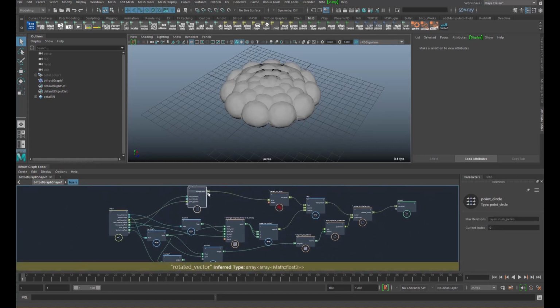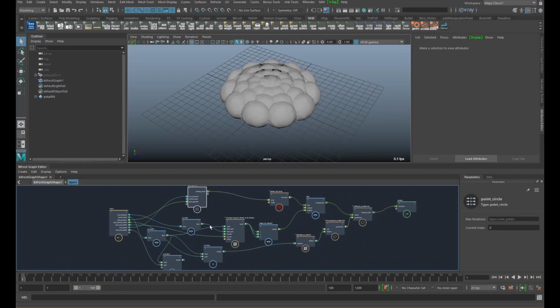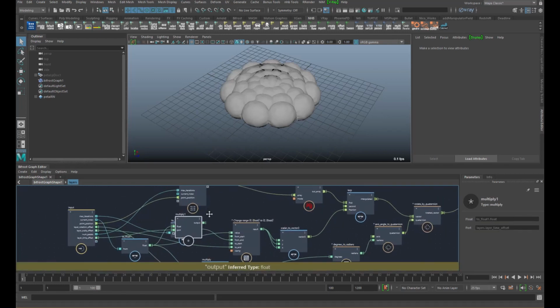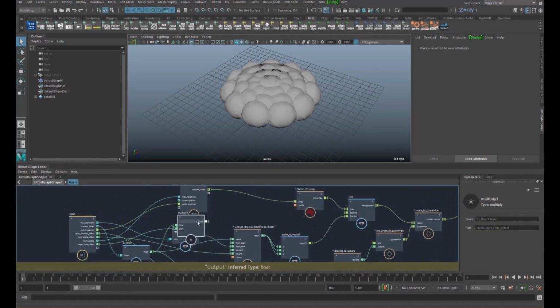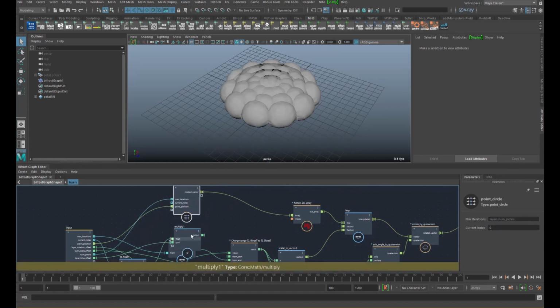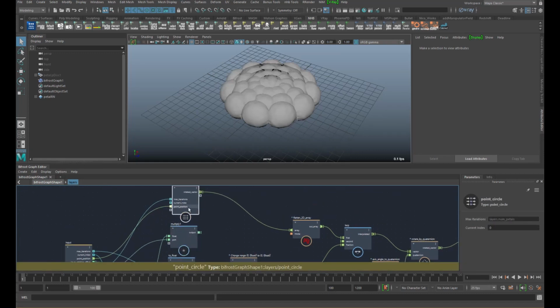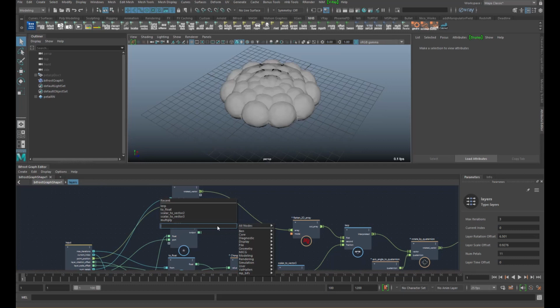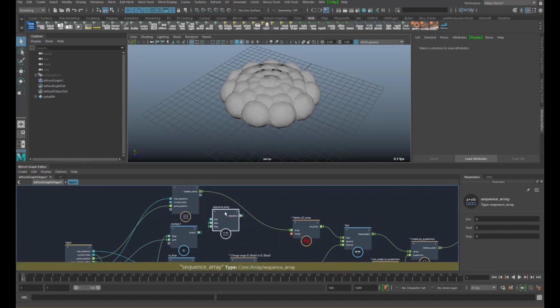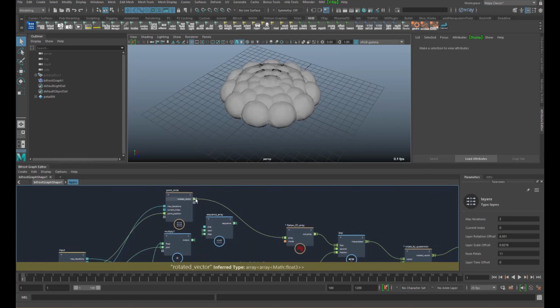And since we're creating multiple points for this layer, we also need to duplicate this value as often. So I'm going to create a sequence array and get the array size of our point circle.